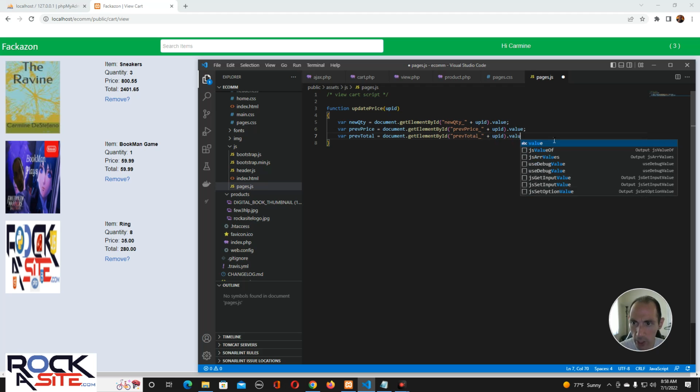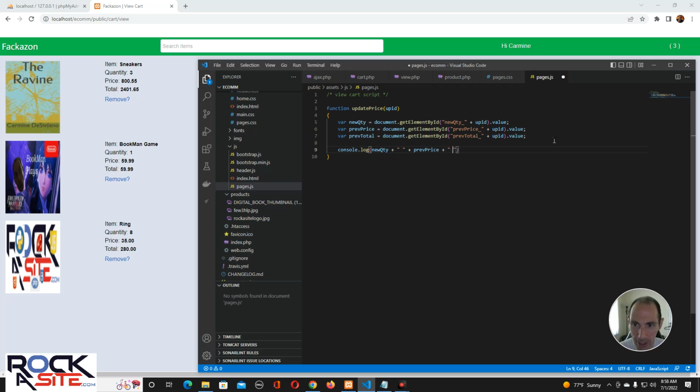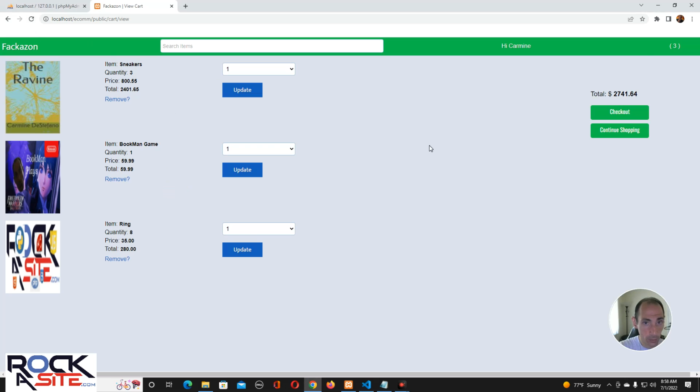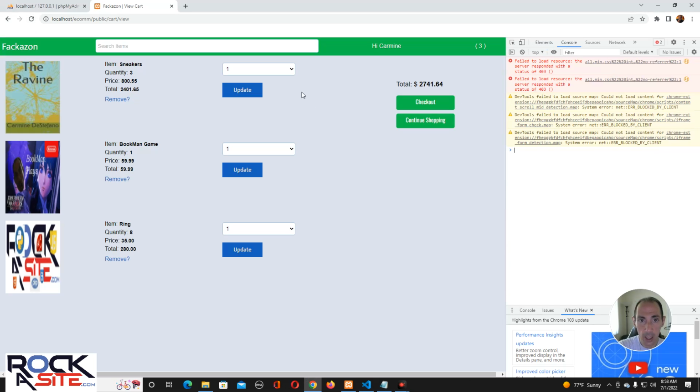Now if we want to just double check we have all the right things, we can go like this. I always like to double check my JavaScript because JavaScript doesn't give you any real errors on the page. You have to do consoles on it. Like I know if I screwed up my PHP because the PHP will have a freaking heart attack. But this, I don't know. So if we go like that, see,